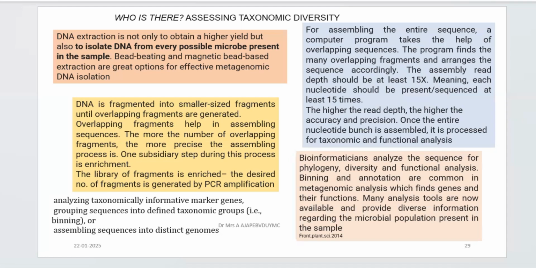So it all depends on what kind of data you need and what is the bacterial diversity in a given sample. So initially you might have to group them and then go for analysis, or maybe you are using a marker gene, checking the presence of that marker gene in all the bacterial DNA sequences present, and those which have it are grouped separately and those which are missing it are grouped separately. So binning will be done in step 2. The reverse is also possible, that you group them first on the basis of some factor, and then you go for analyzing the presence of the marker gene. Either way it can be done.